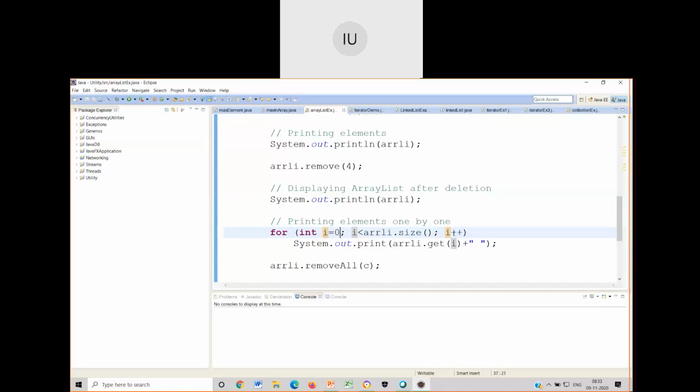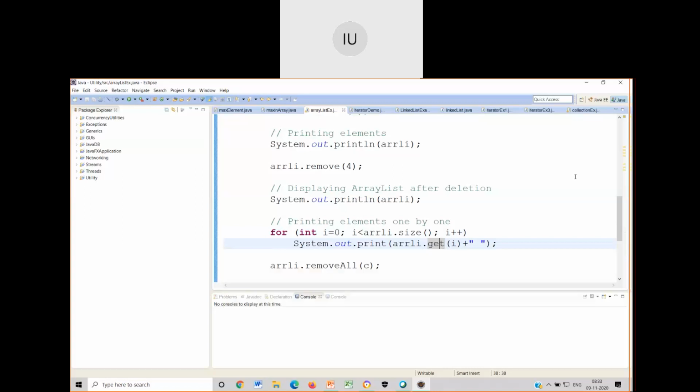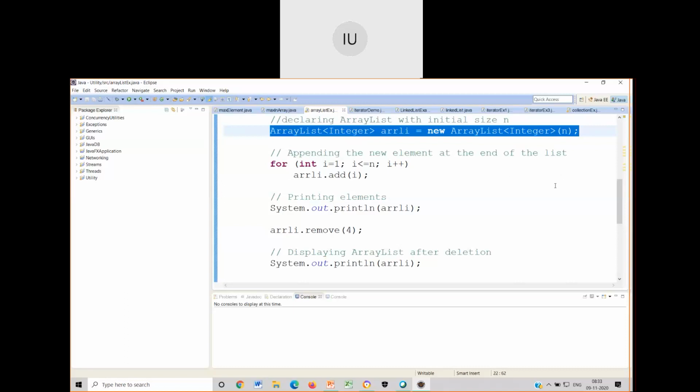See, this is how you can extract any element at that point by using the get function. If you want to display all the elements, println allows that. So, very important 4 things that I have discussed in this example. First, you can specify the number of elements that you want to allow at a time for any collection class, by passing it as a parameter to the constructor of that collection class. Like this, in this line I have mentioned n in brackets. n can be read from the user.